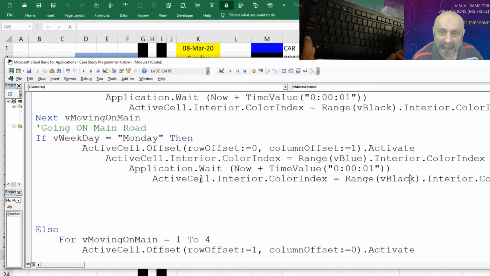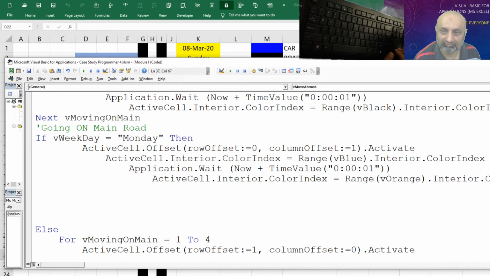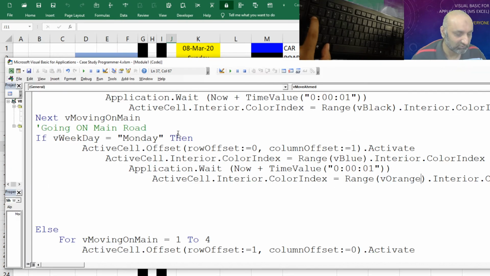So instead of black, I need to change it to orange. Okay, now we are in the fuel pump. What we need to do is move 2 steps down, or 1 step down. We are here, 2 steps down.